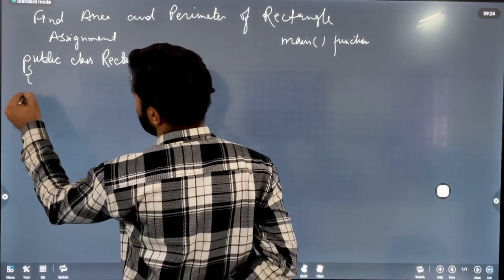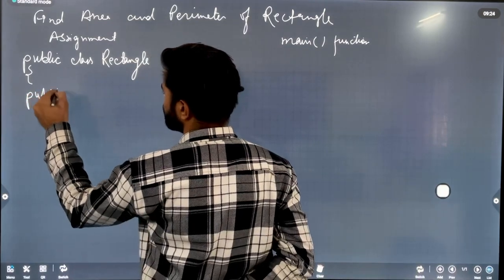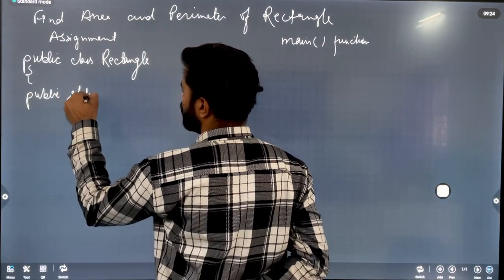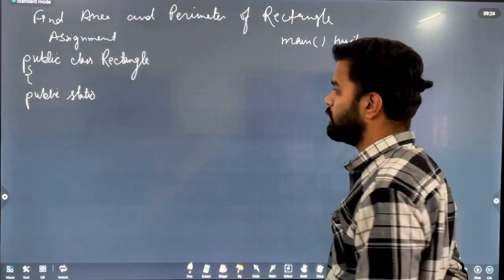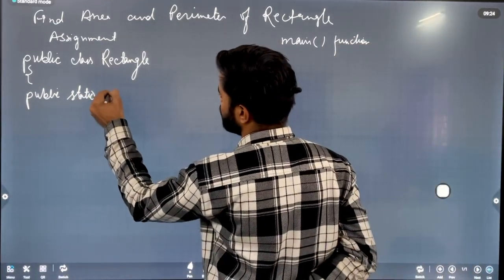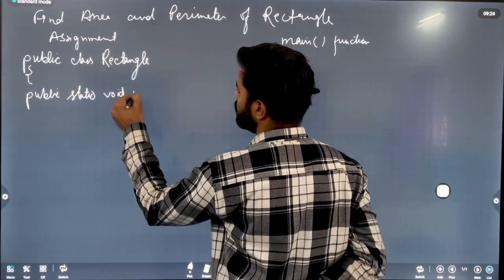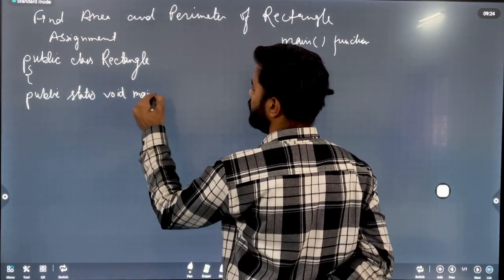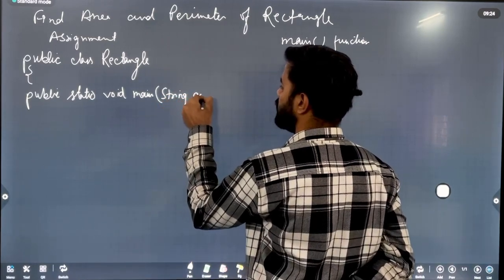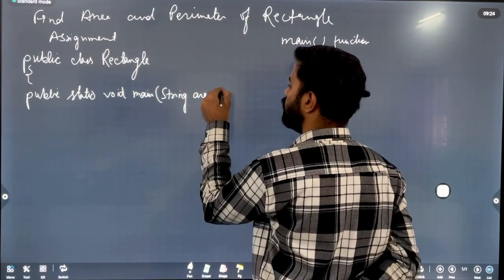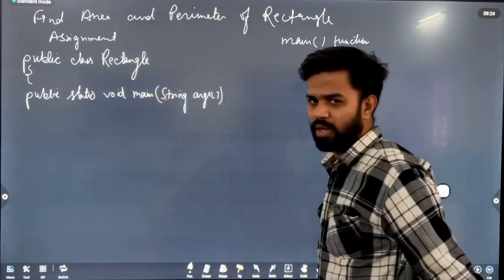We will write public static, all characters in lowercase. Public static void main String args. Only this S is in uppercase.